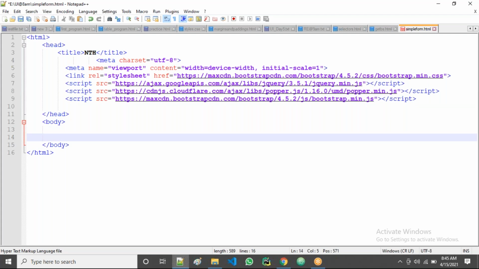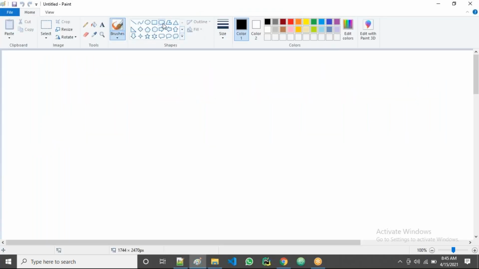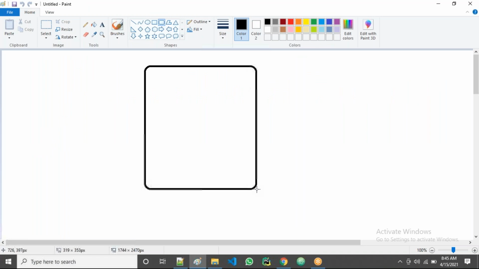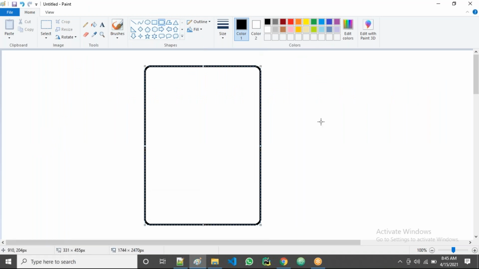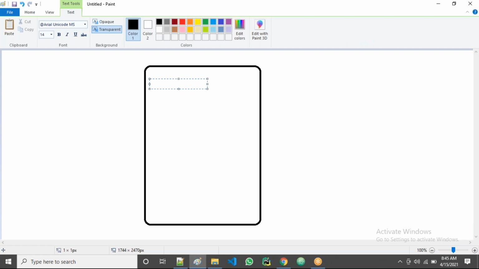Now coming to the body, I'm going to create a form. I'm going to create a simple form without taking extra advanced features. Just a simple form first of all. All of you observe, let's try to understand the form. In a form, generally, first of all, one label will be there, for example, enter your name.